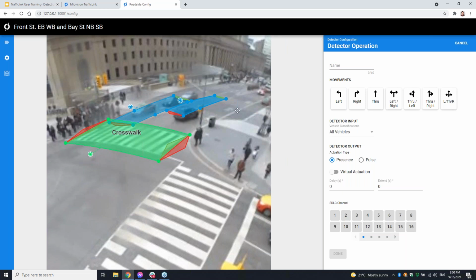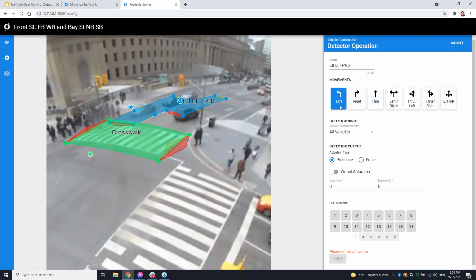Vehicle zones are where you label the system, and you give it a detector channel. This is the channel that would match on your traffic controller side. So we're doing the eastbound left turn here. Just for the purposes of simplicity, let's call this phase... it's a left turn, so it's on number... let's just say phase 3.